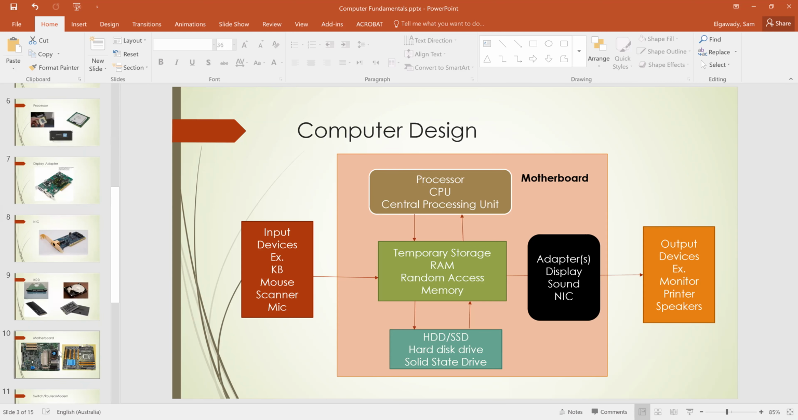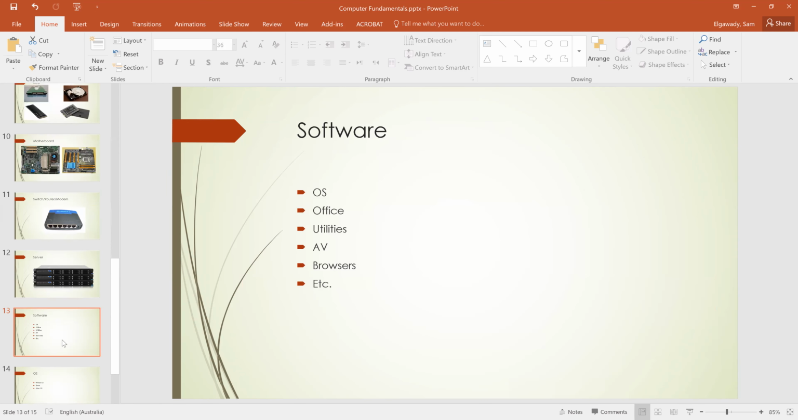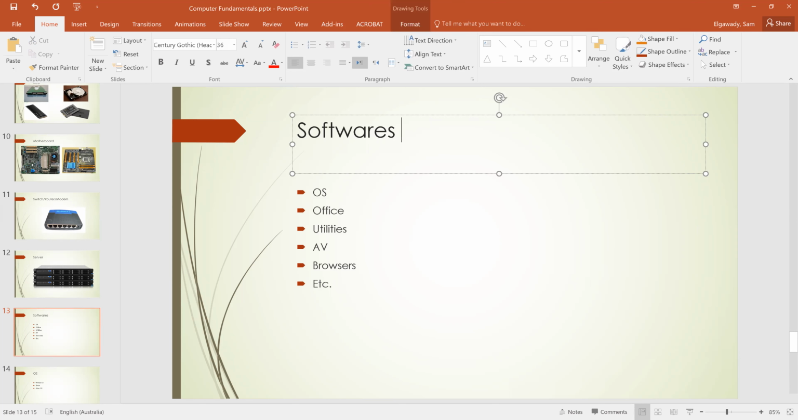Let me just go to the slide about software. Software is a generic word. We don't say "softwares" at all. This is totally wrong. It's software for plural also. Starting with operating systems, for example, we have Windows, we have Linux, we have iOS,